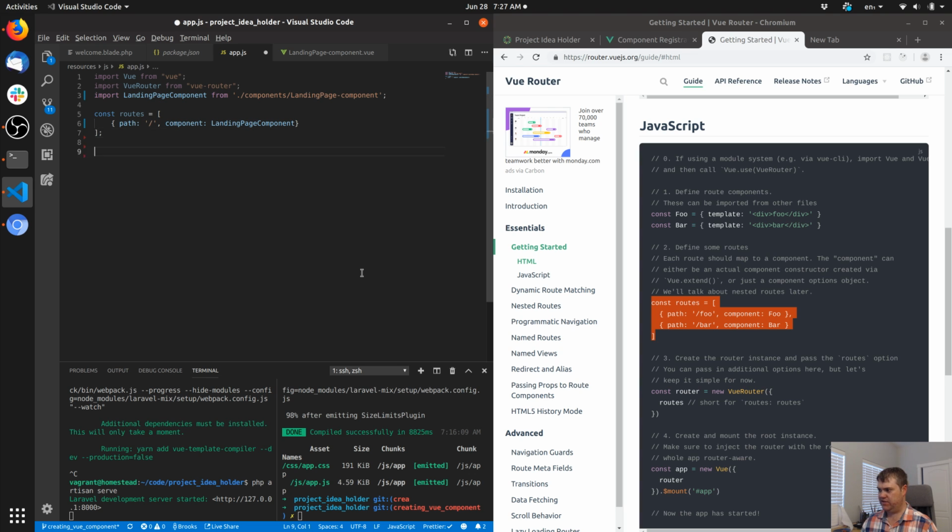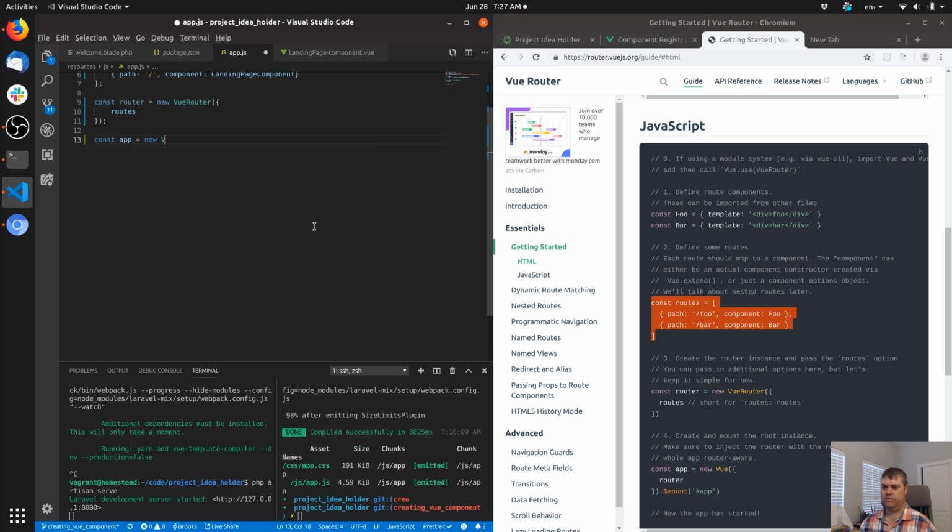So we have that. I'm going to create the router. We'll just put routes into there. And then we'll put the router in, and then at the end of this